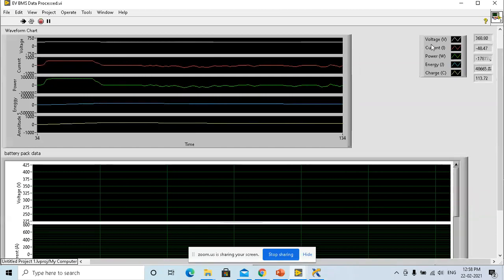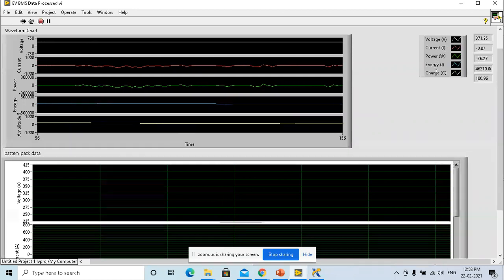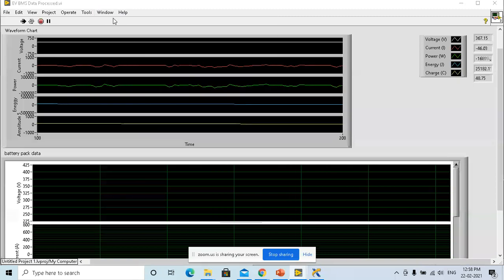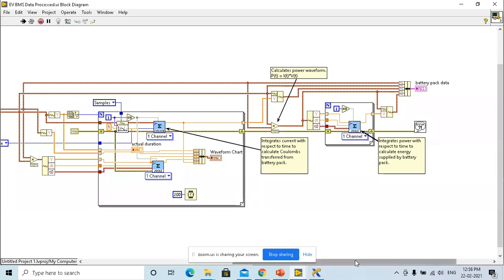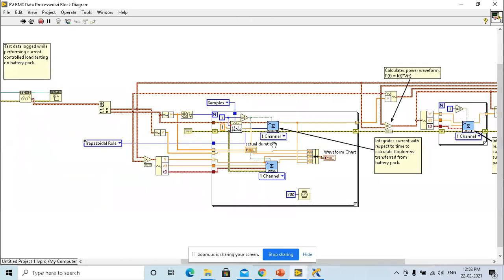Data like voltage and current will be obtained, and power, energy, and charge will be plotted. For calculating the charge, there is something called Coulomb counting; if you require it, there's a block available.